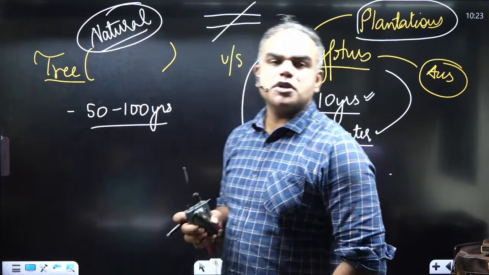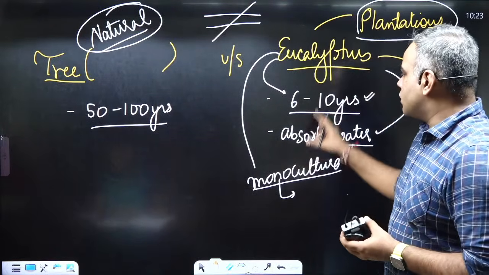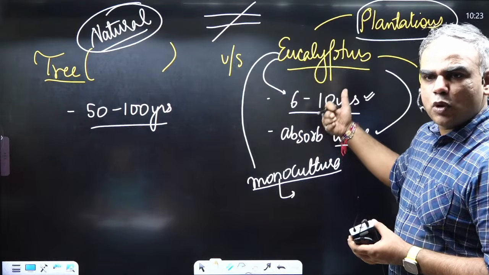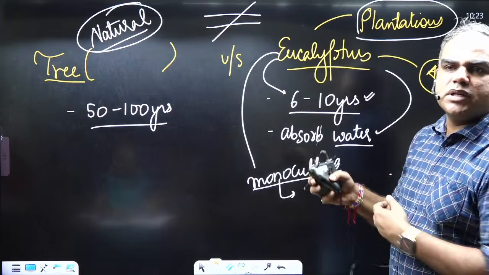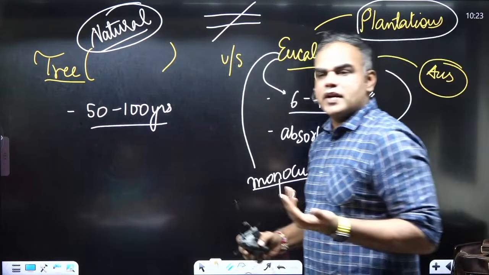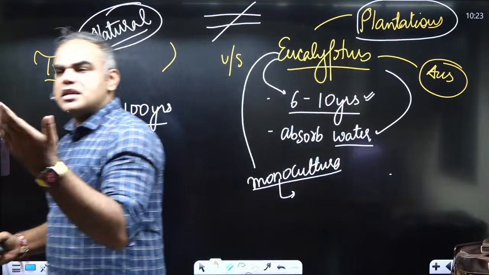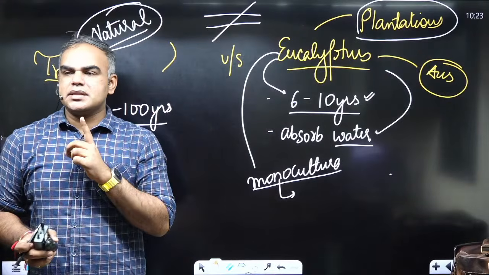So as much as possible we should save natural forests. But you also know, because of these two reasons, generally some of the state governments want to use them. So many times, if you see, let's say, the UP government or other governments, they may actually use eucalyptus purely for their plantation drives. But now, slowly and steadily, this is taking a back seat. The governments are also realizing this may not be the best step.